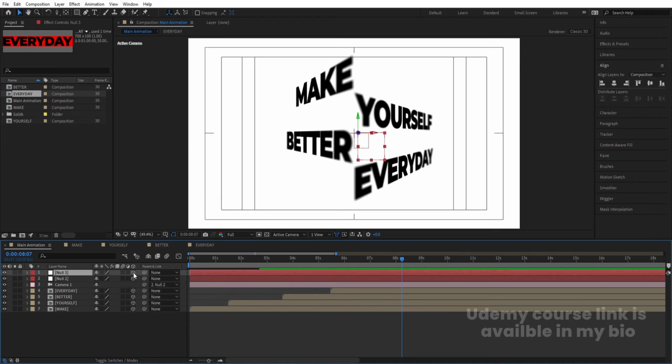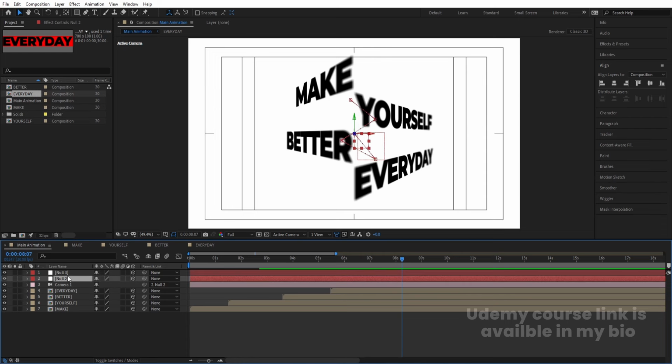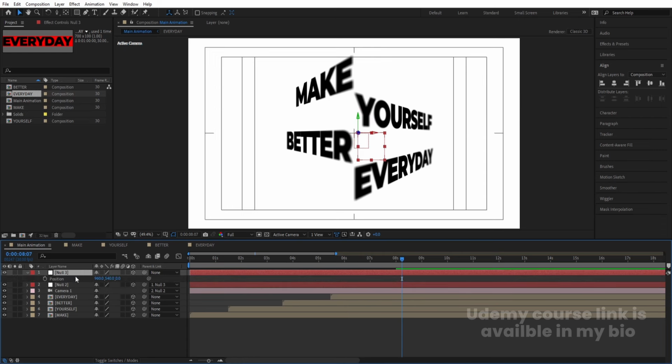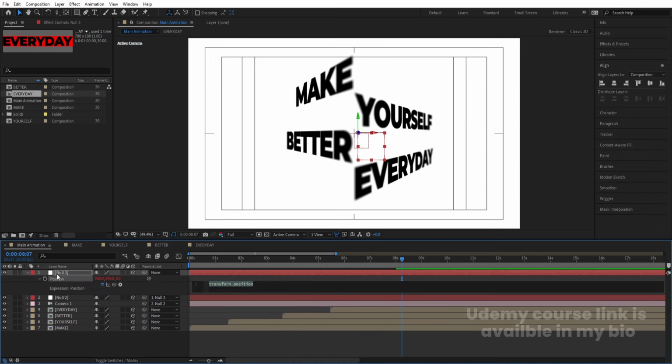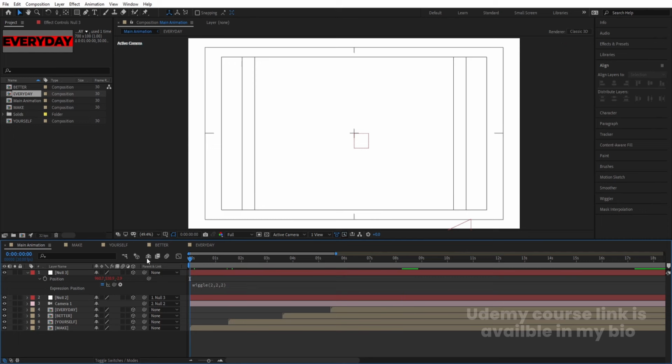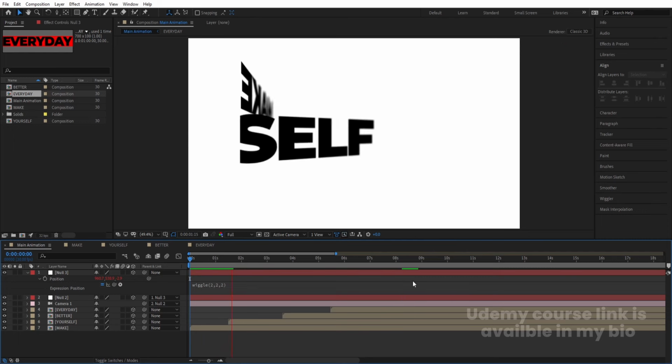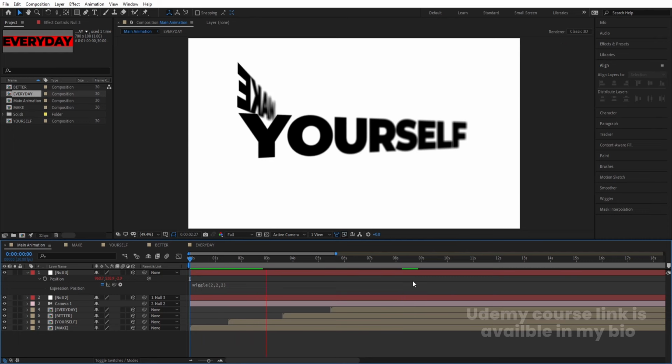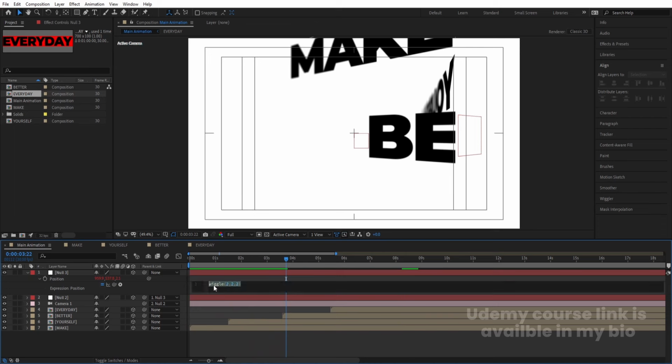Make sure to enable this 3D icon. Select this null 2 and make it a parent with this 3. Select this, press P, alt click on this position keyframe and apply wiggle. Hit enter, and inside that type 2 comma 2 comma 2 3 times. So now along with this animation you will get a little bit of wiggle effect also, and if you want then you can make it 3 comma also,